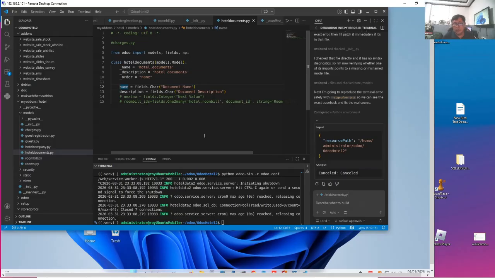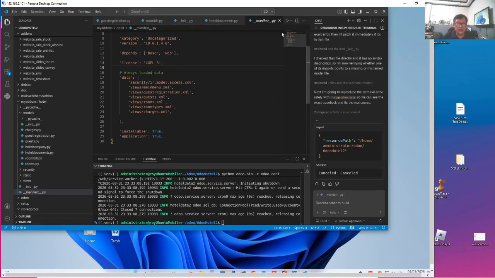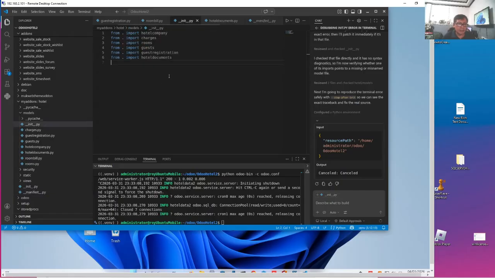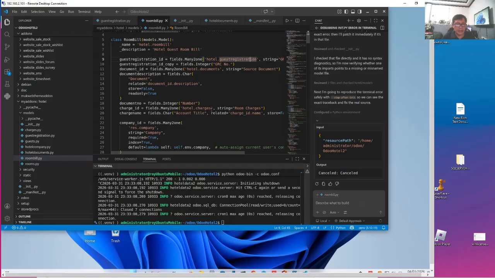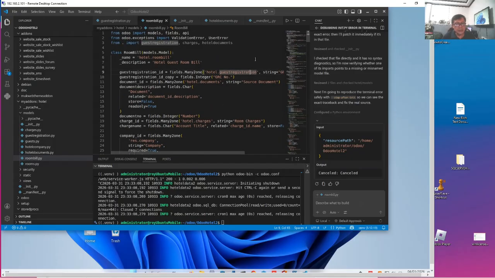I've explained this before, but I haven't shown you the model itself. Anyway, I have prepared the model, and I've included it also in our init.py, so that we'll be able to import it in roombill.py. We'll be introducing the different documents when we create the billing. Okay, so let's resume to our room bills model.